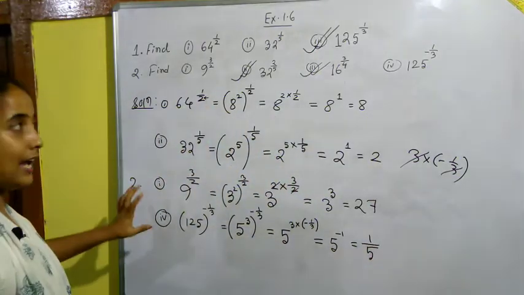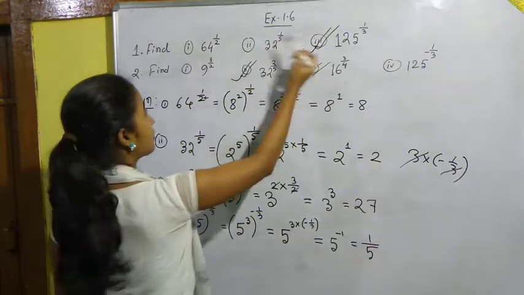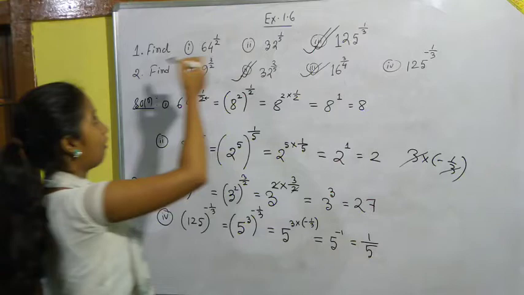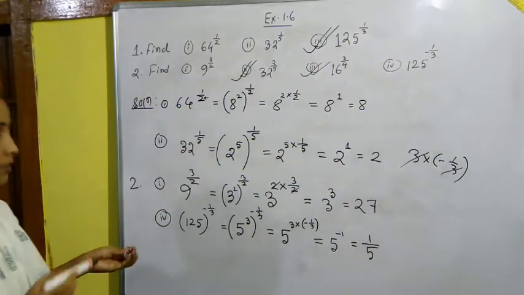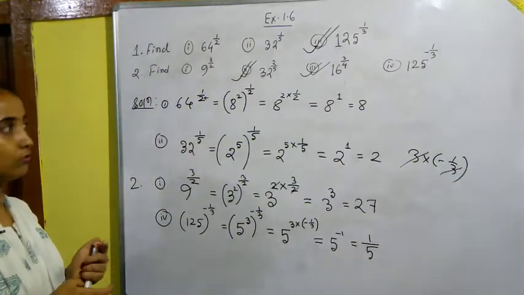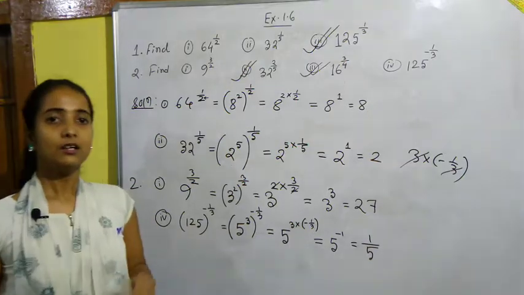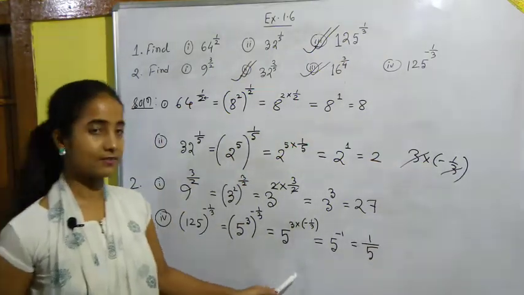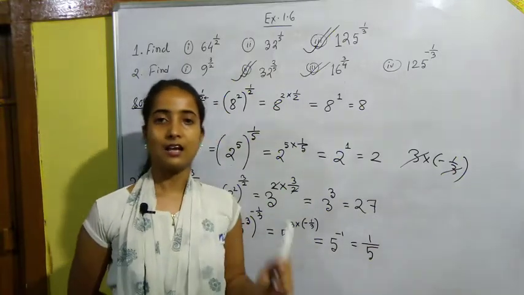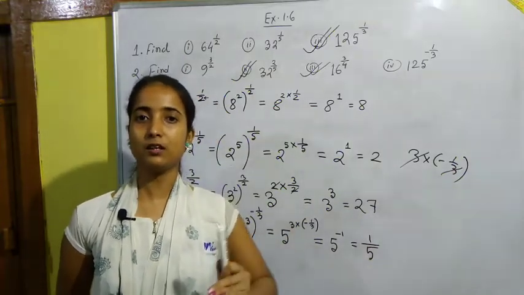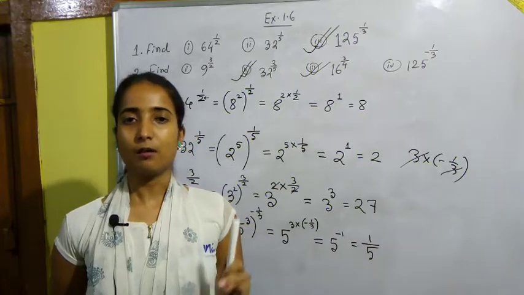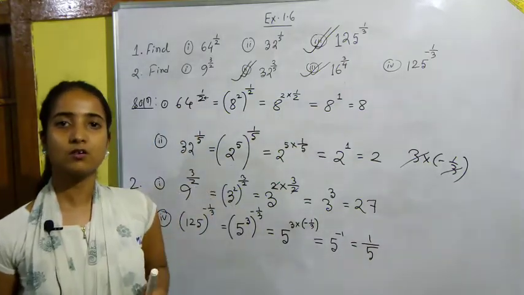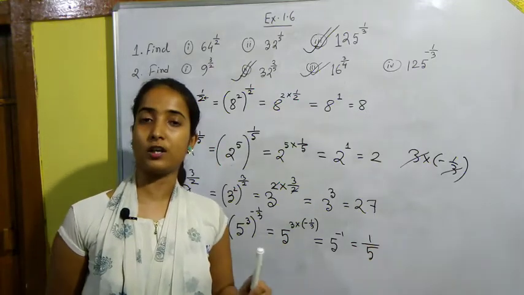Note it down and do question number 3 of exercise 1, and question numbers 2 and 3 of exercise 2. These are 3 homeworks for you. Okay. And in your PA1, your syllabus is up to this exercise. And in this class, I am completing your first chapter, number system. From the next class, we are going to discuss your second chapter, that means polynomials.